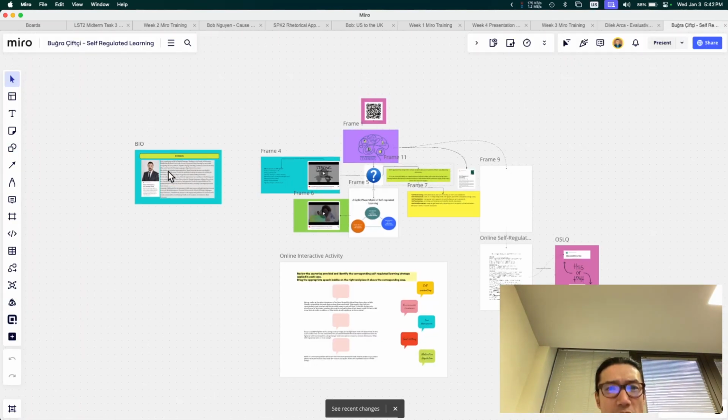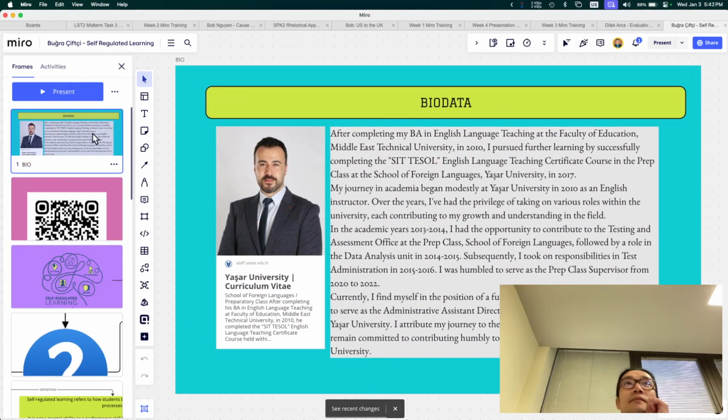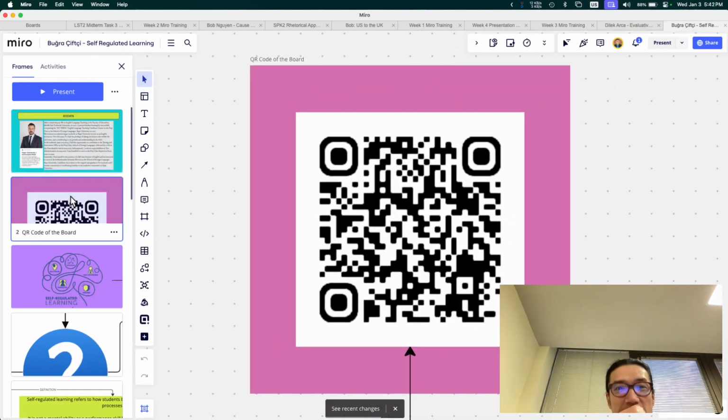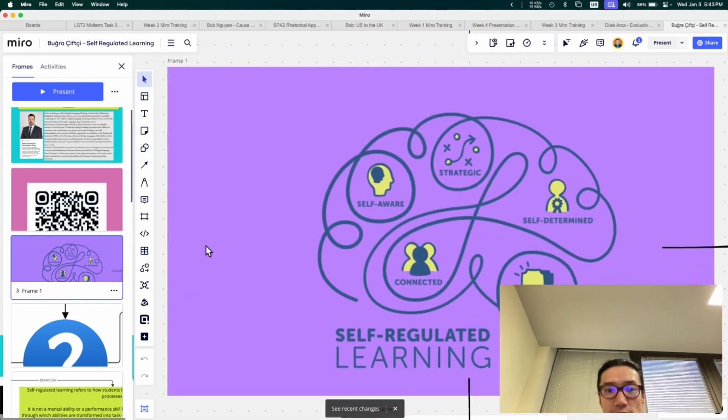Yeah. Whoa. I'm going to use your frames though. No, this part is just about me. And this is the QR code that you can use to come to the board with me, if you like. Go to the boards. Actually, the theme of the board is not thoroughly